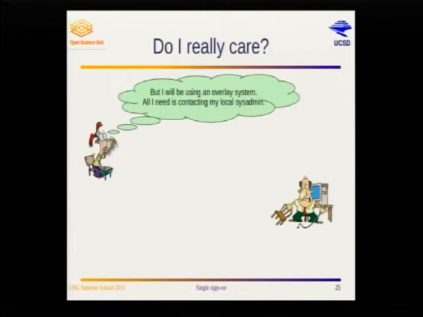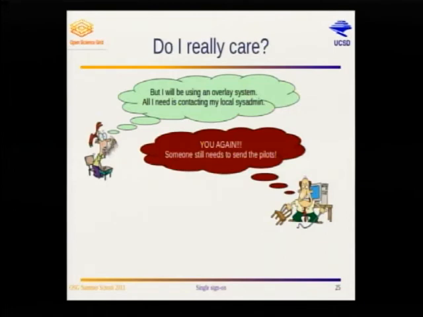Because it is true, when you use overlays, you don't care which site allows you in. Somebody behind the scenes has already done it. So your job is to run wherever the glideins can run. So why do you want to care? Nobody? Somebody tell me, why should I care about this part? Come on, guys. The job will just run if you use the glideins. Somebody did the magic for you.